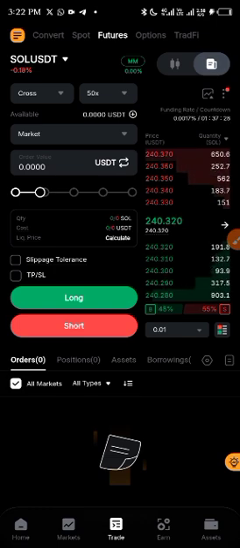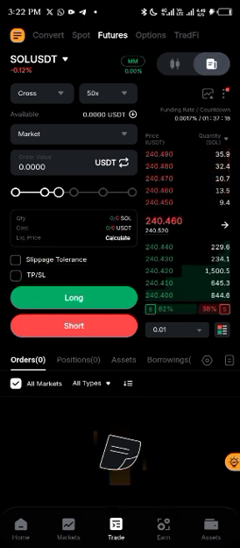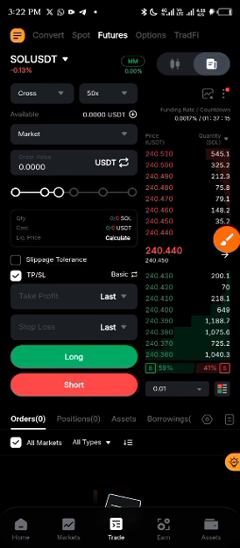Let's assume I want to enter a trade now. Always click on this point, set your TP and your stop loss. See it here, TP and your stop loss. You click on it. So once you click on it like that, let's say I ask you to enter, you are entering the trade on current market